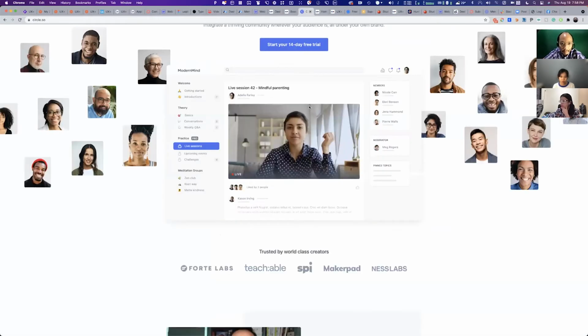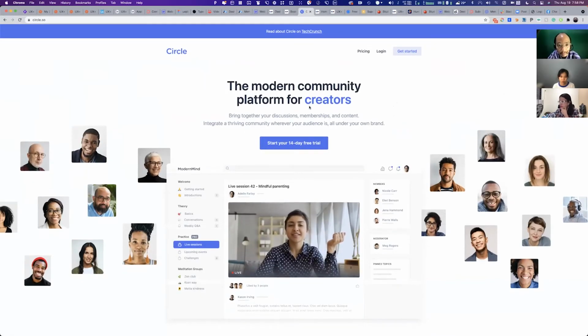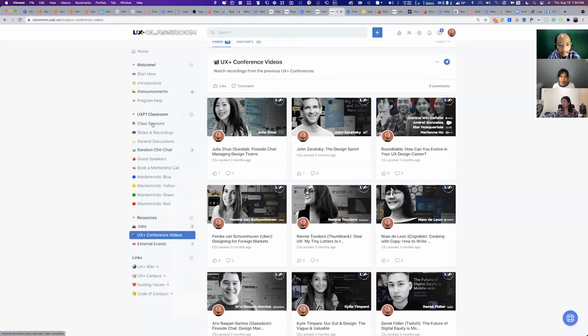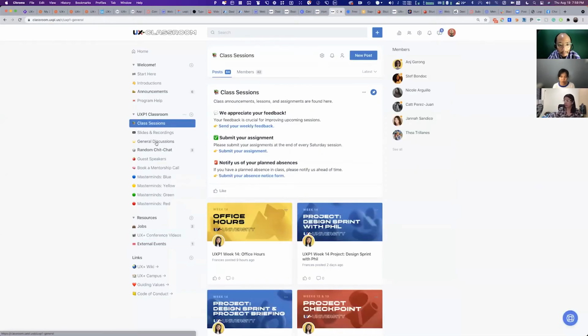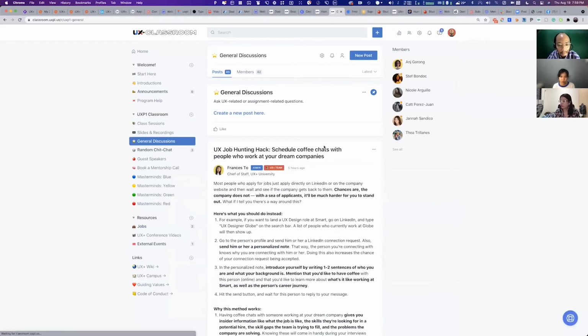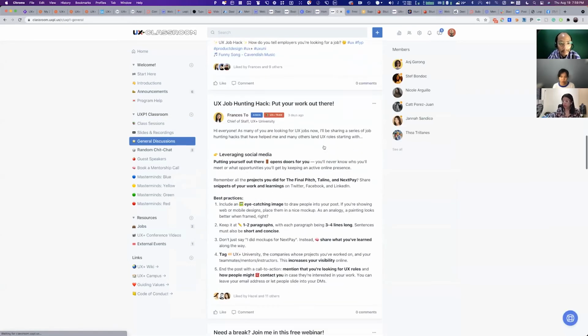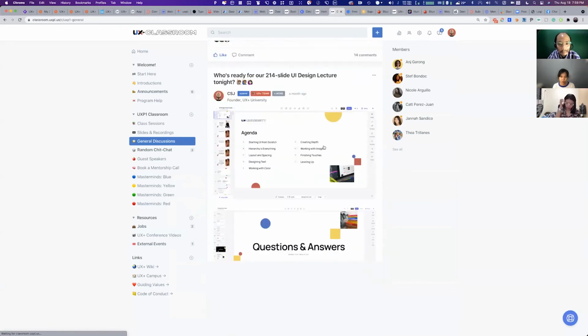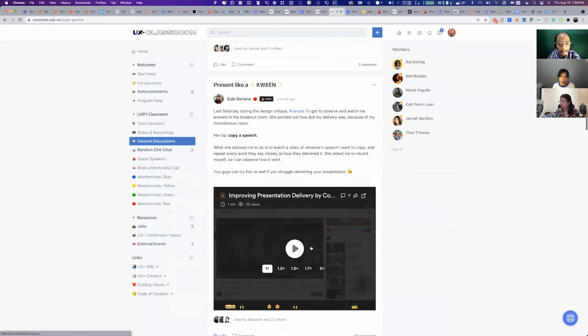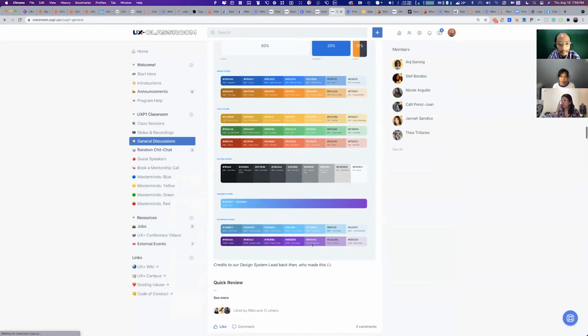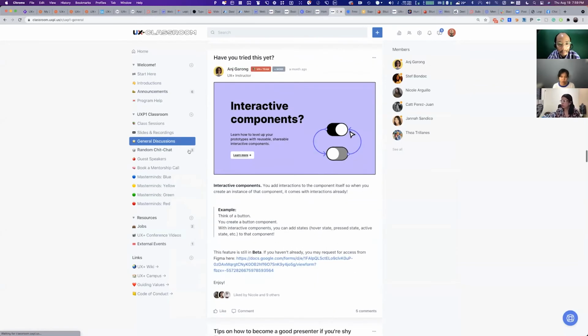So that's why we chose Circle.so, because if we chose Slack, it's going to be super fast and ephemeral. The messages there are hard to catch. So that's why we chose Circle, so that it's more of a forum where we can manage the discussions, the feedback, everything. We can give them tips, they can show their work, they can teach each other, they can ask questions,